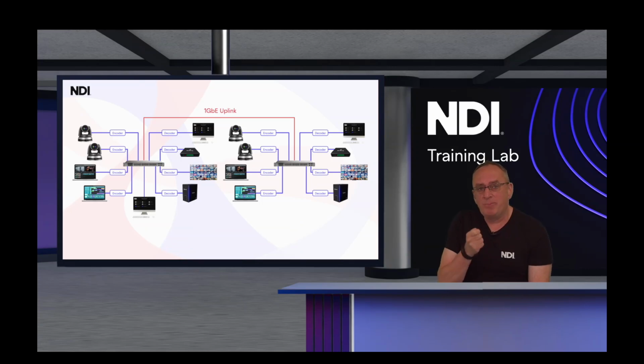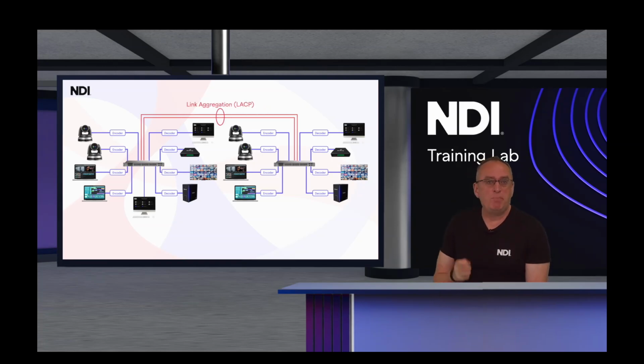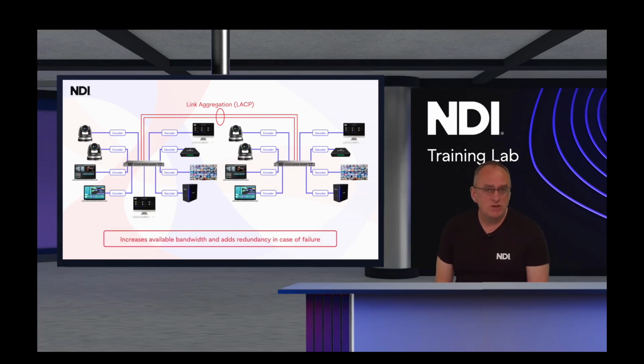We also need to use high capacity uplinks and link aggregation, or LACP, Link Aggregation Control Protocol. Even a handful of HD NDI streams can saturate a link if two switches are connected with a single 1 gigabit Ethernet link. Whenever possible, we need to use 10 gigabit Ethernet or 25 gigabit Ethernet or higher capacity uplinks, such as 40 or even 100 gigabit Ethernet, which are becoming more and more affordable. Implementing Link Aggregation Control Protocol to bond multiple physical links further increases available bandwidth and adds redundancy in the case